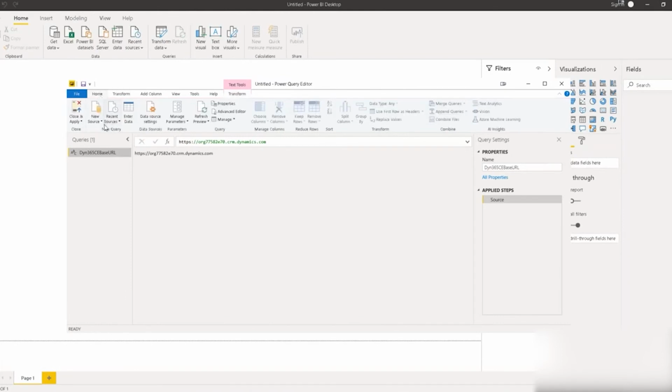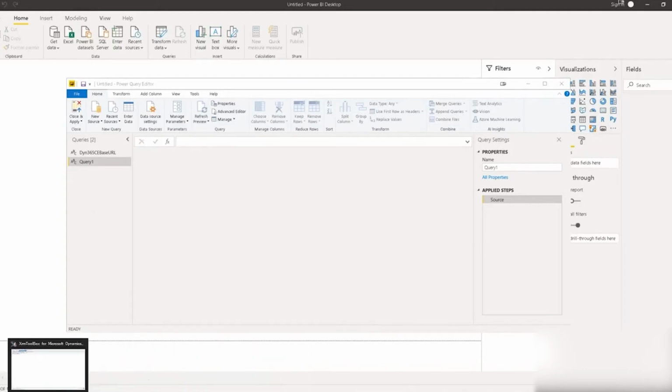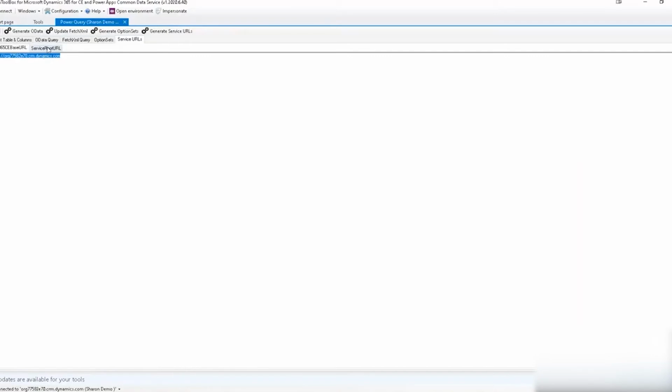And while I'm here, I'm just going to create another blank query. So remember, in my earlier demo, I used a template. These are the quick steps that you need to create your template. All right, so now I'm going to go back to the other tab, the service route URL. Let's look at it a little bit. So you can see it's a formula because it's got an equal sign. And then this piece of it is that query that I just built. So it's just saying, take that first query, the base URL, and append this stuff. And that is going to actually create the API call